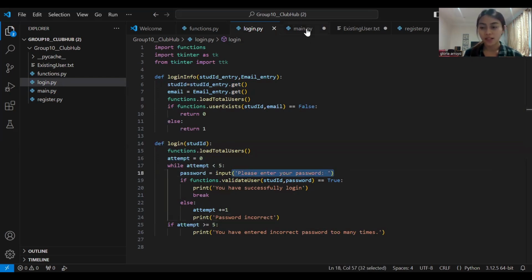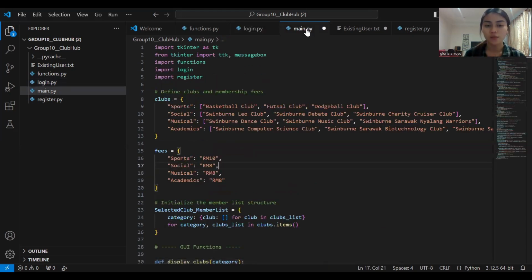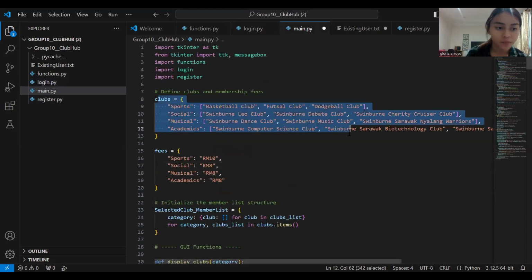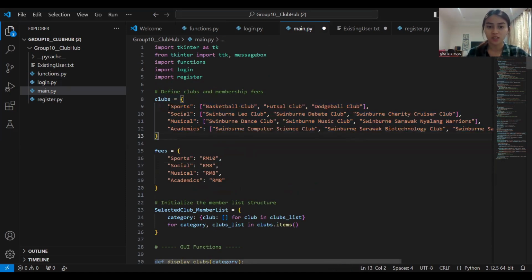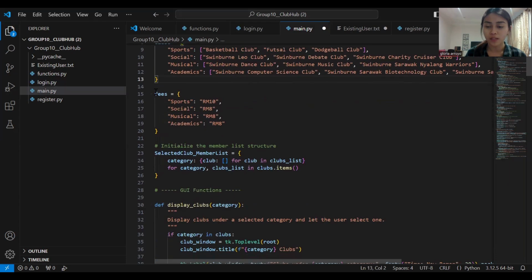profile. Once this is done, it will show a display of clubs that are available in Sumbun Sarawak to choose from based on preferences such as sports, and it will display basketball, futsal, and dodgeball that fall under the sports category. Besides that, it will also display the amount of fees for a specific club category. For every club that falls under sports, it equals 10 ringgit of fee